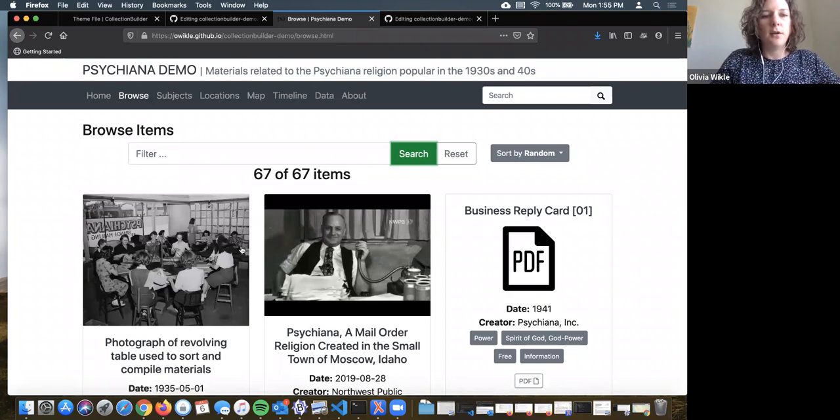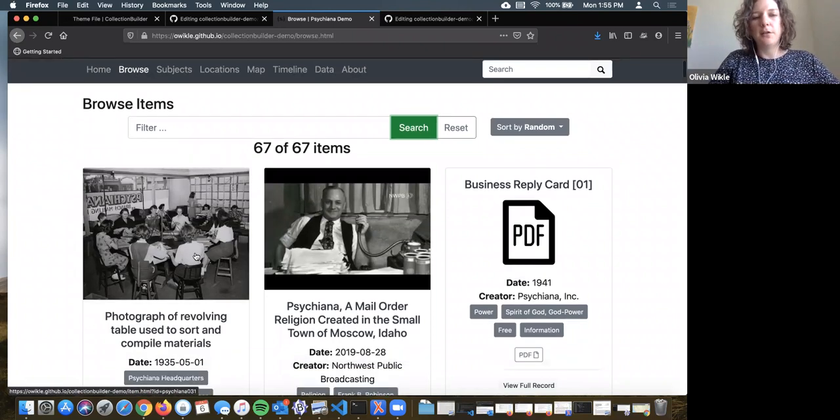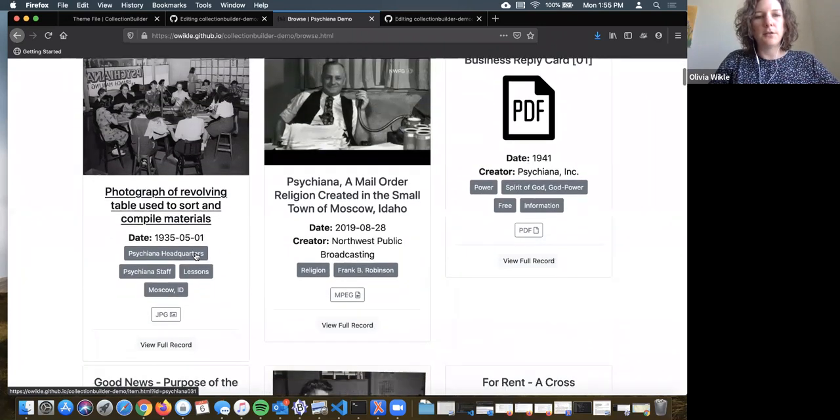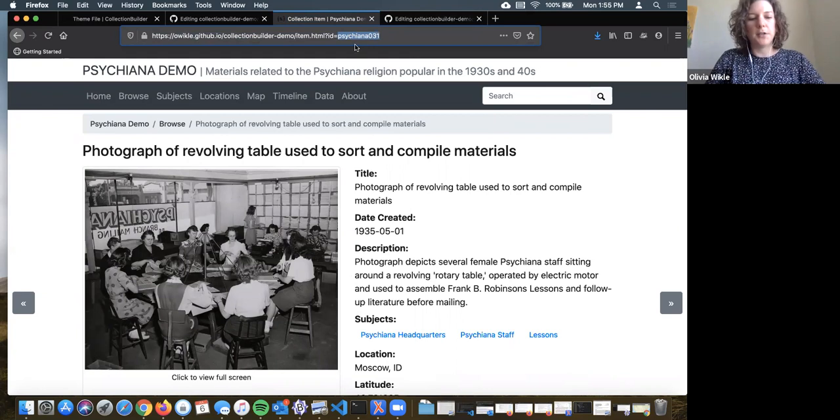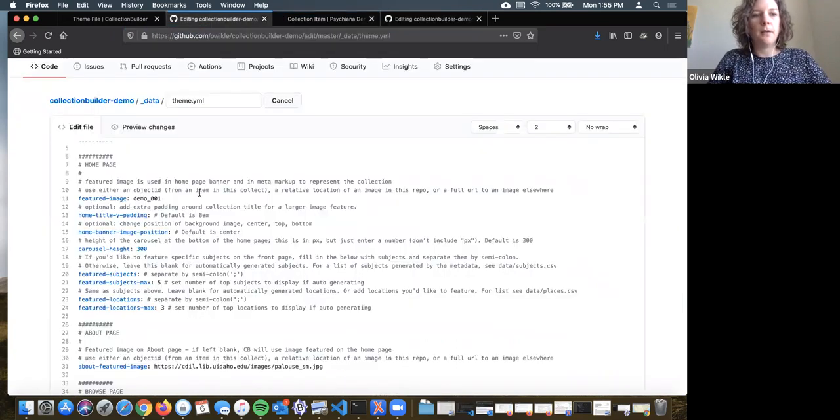And the best way to find an image and to take the object ID from that image to plug into your theme file is to go to the browse page, kind of scroll through and find one that looks good to you. I'm actually happy with this one right here. And to grab that object ID, I'm just going to come up here to the URL and copy the very end where the object ID is located. Then I'm going to paste it back into my theme file